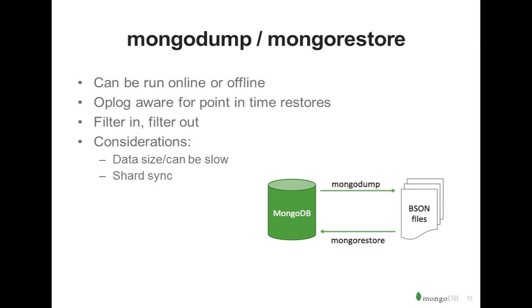So mongodump is a tool that can read data from a MongoDB database and then put the data out into high fidelity BSON files, right? And the mongorestore tool can use those BSON files to populate a MongoDB database with the data that you have in it. So mongodump dumps out data only, so the file output will be smaller than the database, but on the flip side, when you restore, your indexes